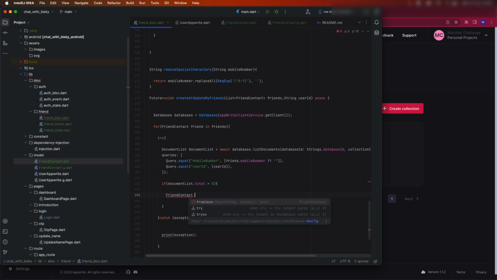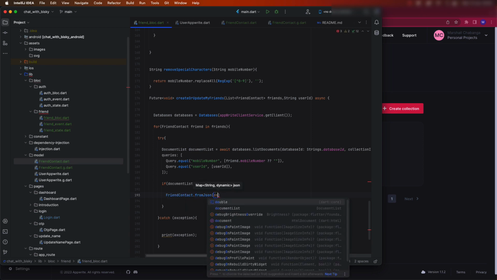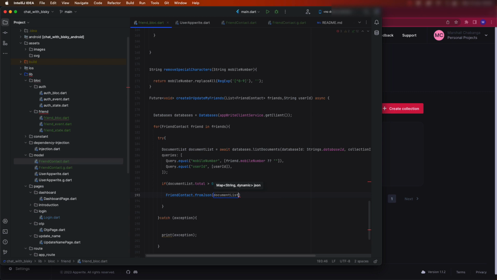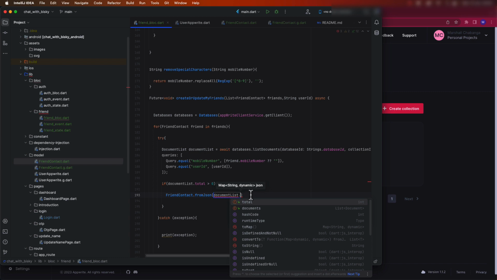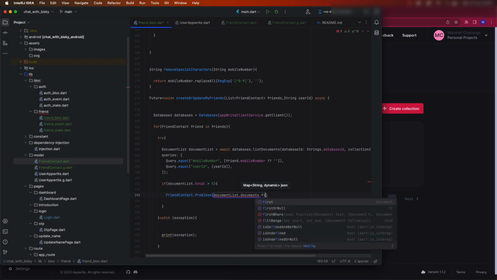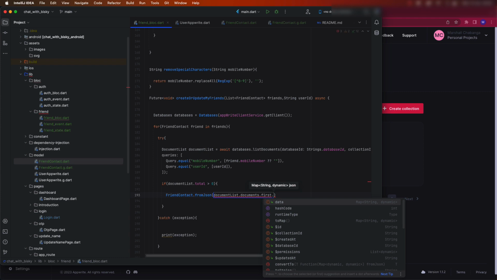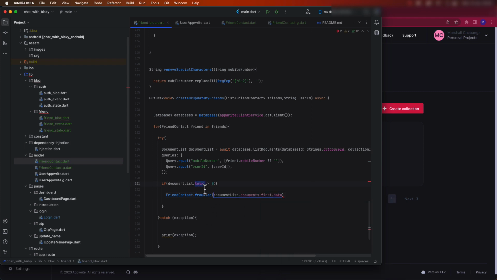Then dot from JSON, then document list, then documents. We find the first record, then data, because we know it's greater than 0 means a record exists, and it will return a friend like this. We are mapping an existing record here. So by doing this,